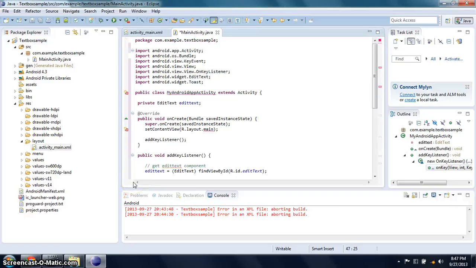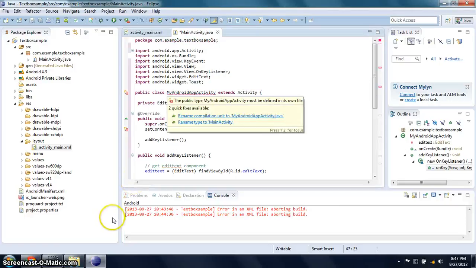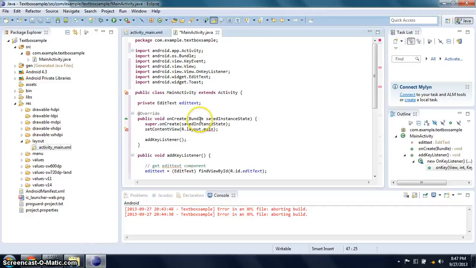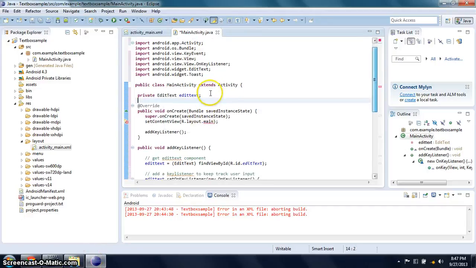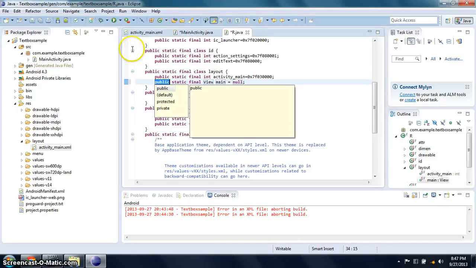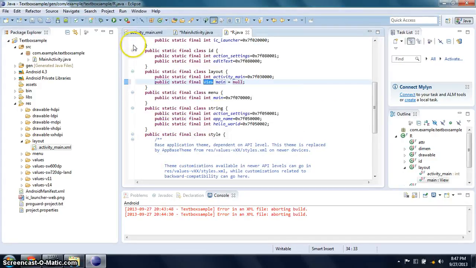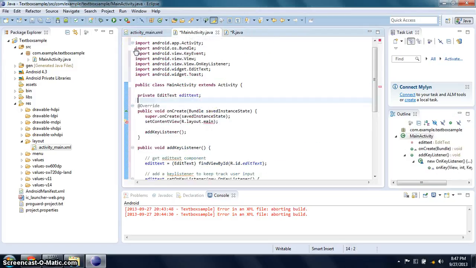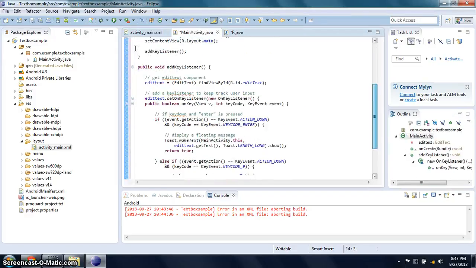We still have some errors. Don't mind the errors. Just proceed to the main activity. Then just delete this code.